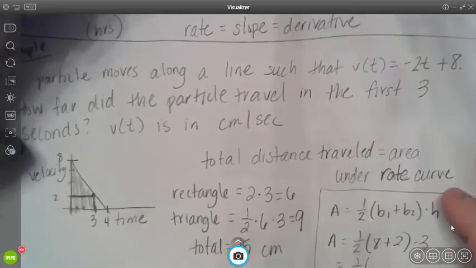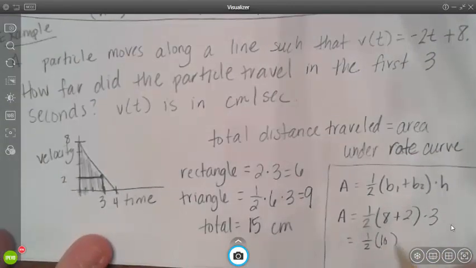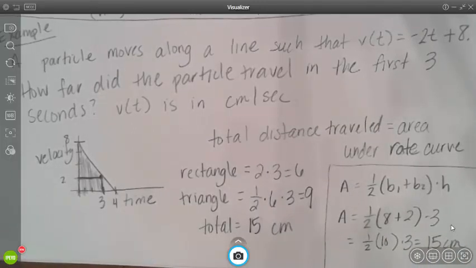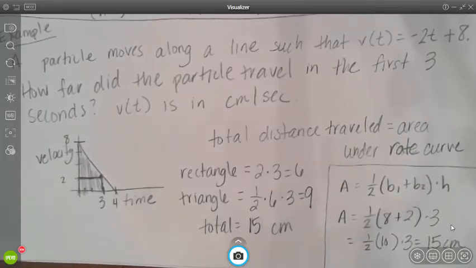It's just like I'm in the classroom right now, right? Sometimes I make mistakes. And then this is going to be 10 times 3, which is going to give us 15 centimeters as well. So it shouldn't really matter how you find that. So however you want to do that is acceptable. Okay? So that is what you are going to work on tonight. I'm going to give you some problems where it's probably going to help you to make a sketch of the curve and look at